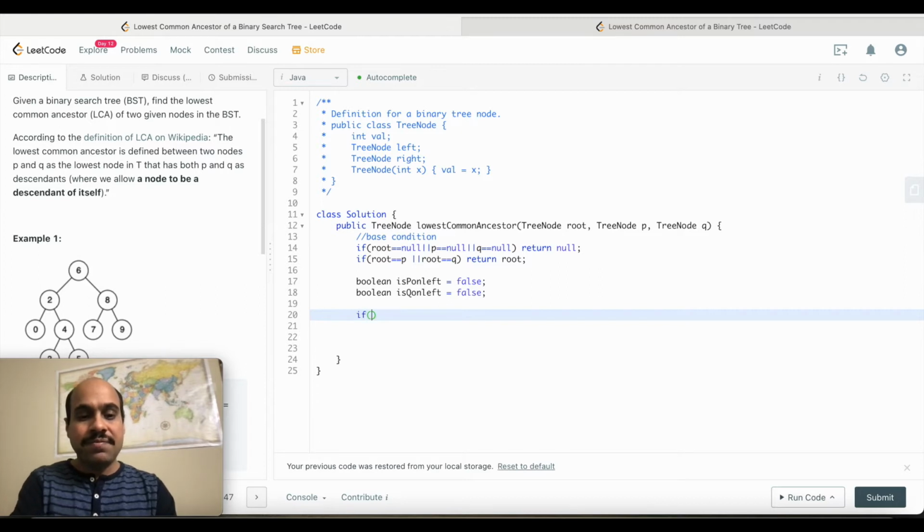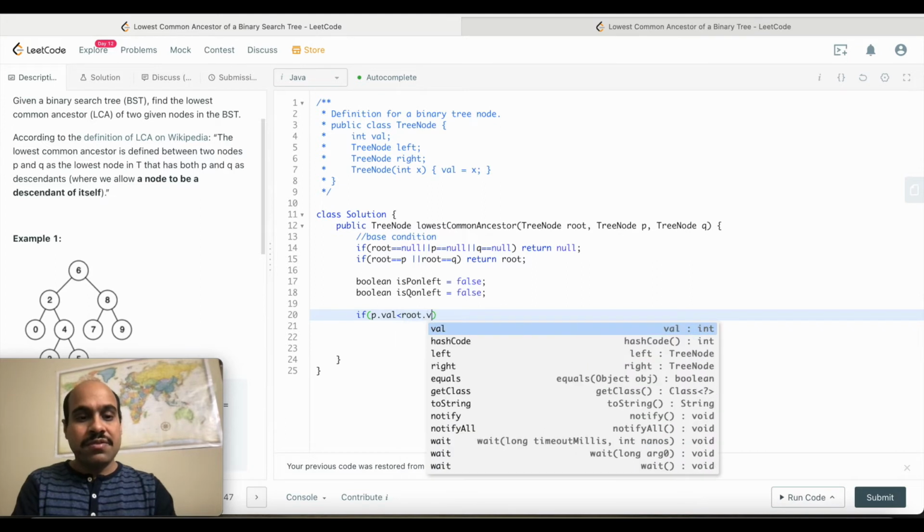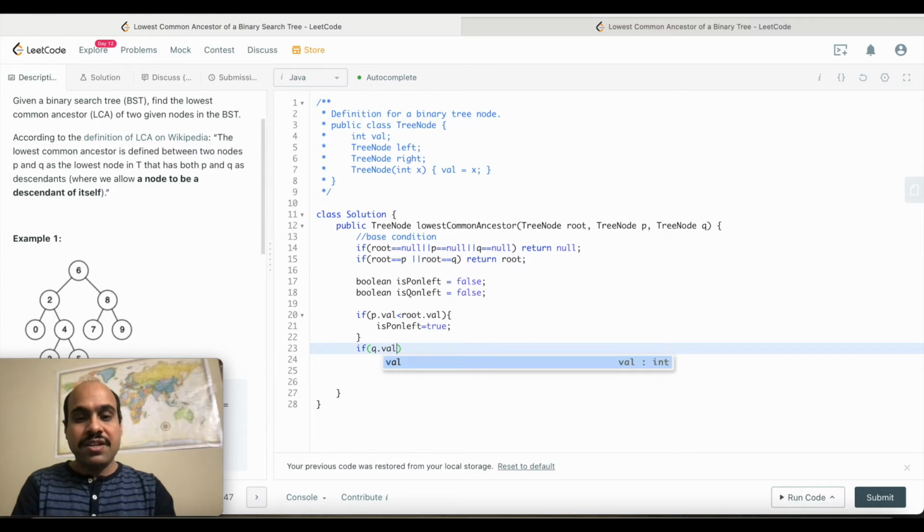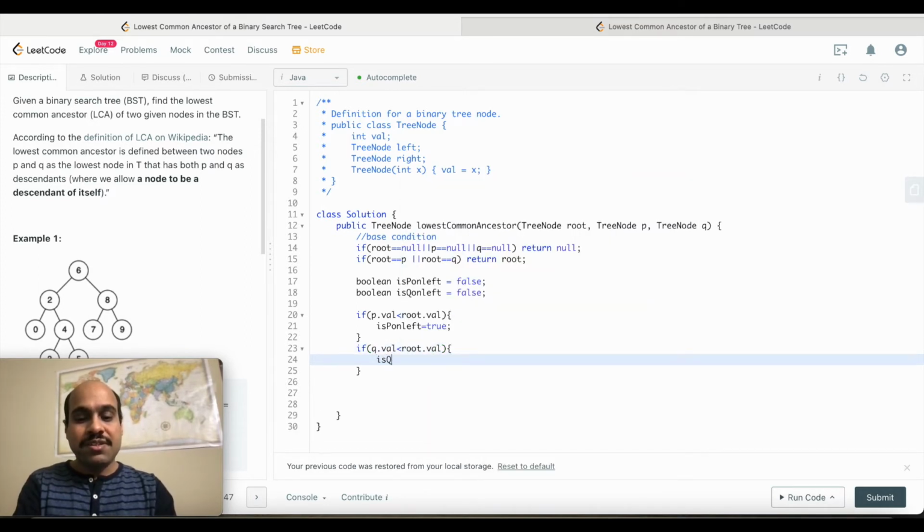So I will check if p.val is less than root.val, then we can simply say isPOnLeft equals true. In the same way we can check for q, if q.val is less than root.val, we can simply say isQOnLeft equals true.